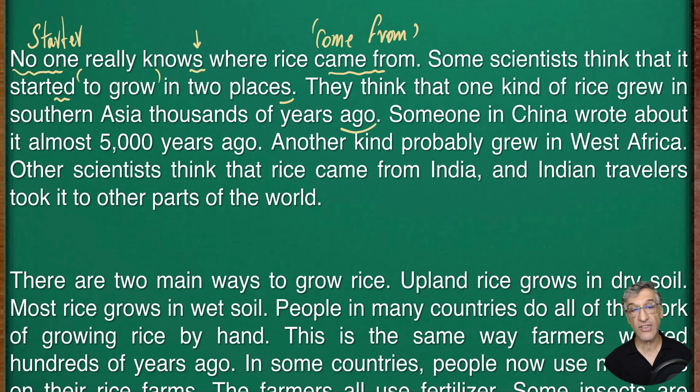Other scientists think that rice came from India, most probably. China and India are great places that a lot of things come from. Not only rice, but so many other things. I know a lot of things about, for eating, for any other purposes. They come from both China and India. These two are great countries.